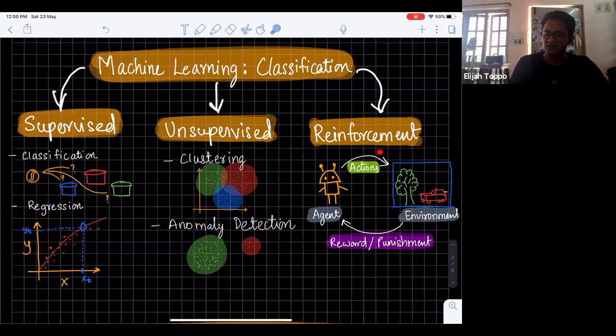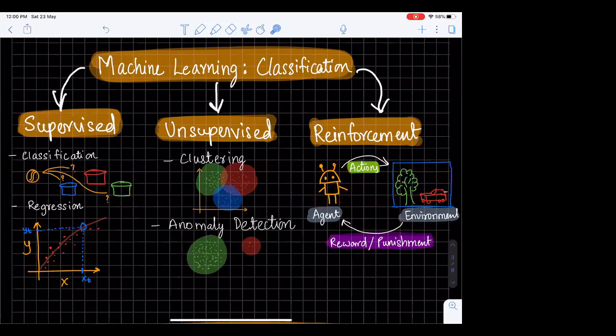Even for machine learning, let's say my task is learning how to drive a vehicle. I would give the basic tools to the algorithm: this is how you change the steering wheel, press the accelerator, brake, or increase the gear. With just those tools, you leave it open to interact with the environment, of course in a safe manner, such as a computer simulation. It gets rewards if it reaches its destination or gets closer to it. A punishment would be breaking the rules or not reaching as quickly. So over a period of time,